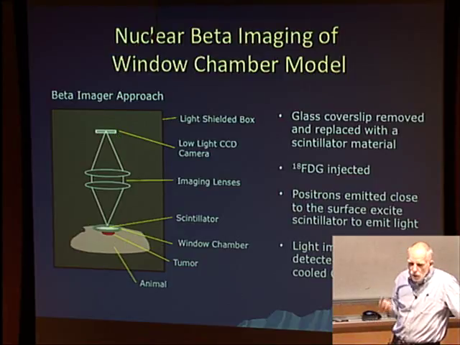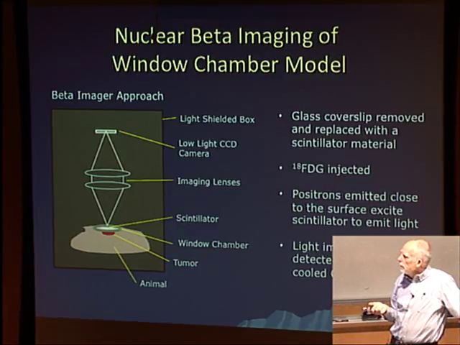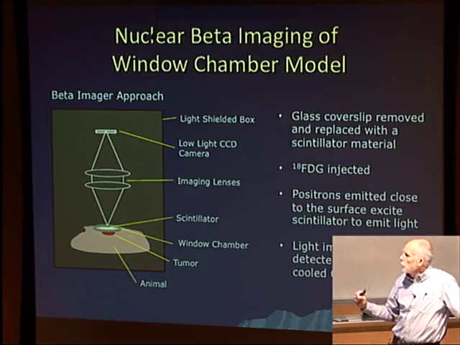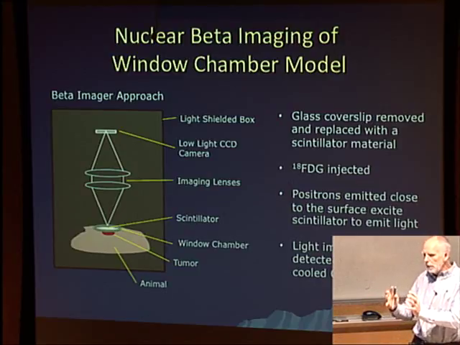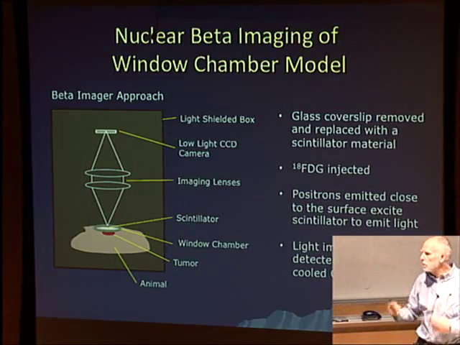So, for example, one of the classic ways of doing imaging in cancer is with what's called a PET scanner. You have a radio tracer, which is FDG. It's basically a glucose analog. Tumors are very highly metabolic. They take up a lot of glucose to stay alive.